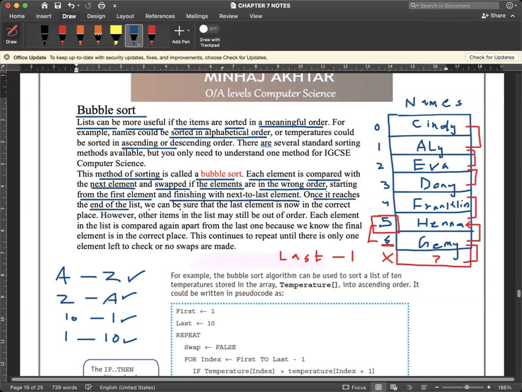the end of the list, we can be sure that the last element is now in the correct place. So once the swapping is done, we are sure that every element sits in a correct order. And if it is not, then what happened? See, however, other elements in the list may still be out of order. Each element in the list is compared again, apart from the last one, because we know the final element is in the